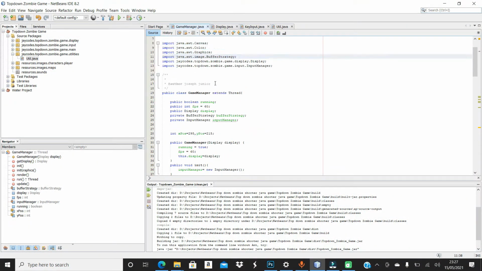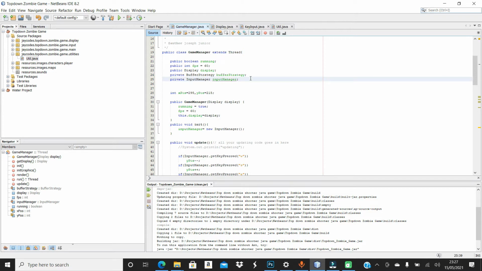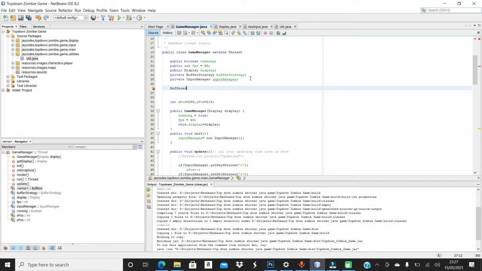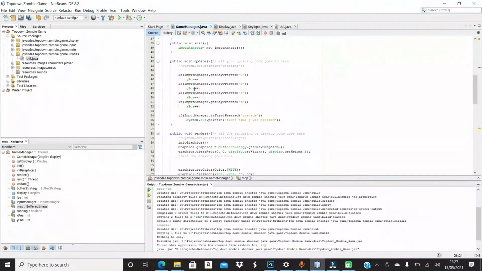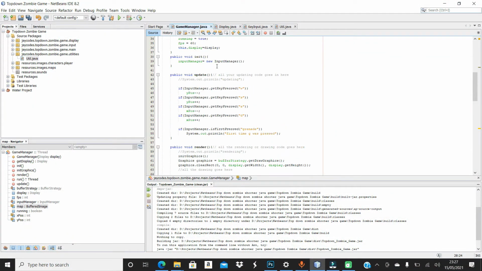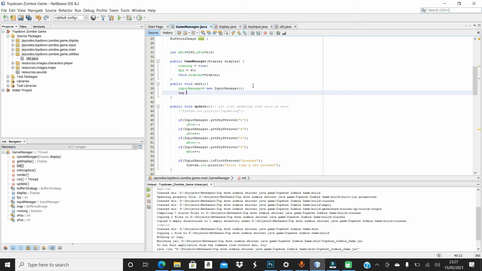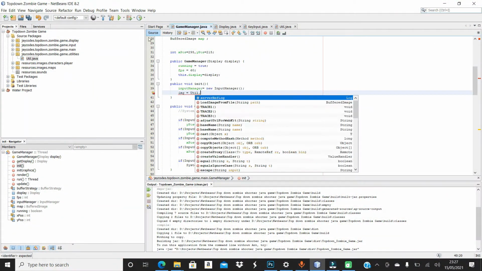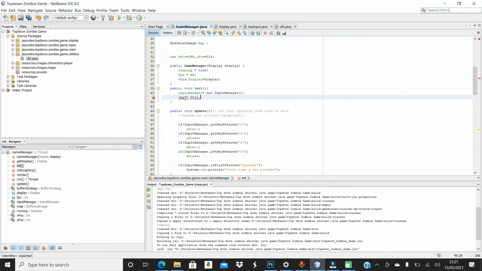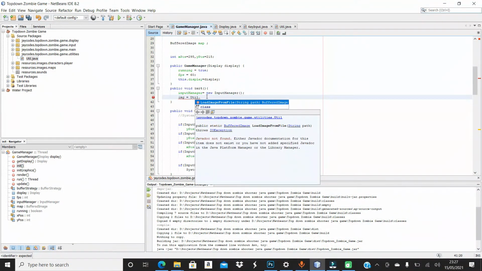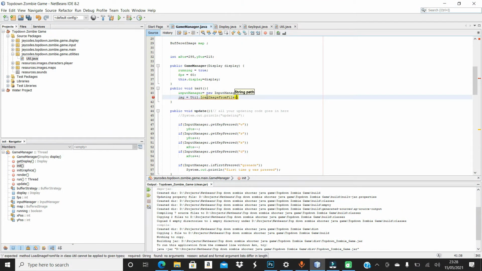First things first, we're going to create a BufferedImage object to store our map image. BufferedImage map, I'm going to call it map. And okay, we need to import this. Then inside our initialize method, our init method, we're going to initialize that. So I'm going to say map equals to util.load. I need to import jcodes.util, and I'm going to say util.loadImageFromFile, and we're going to have a